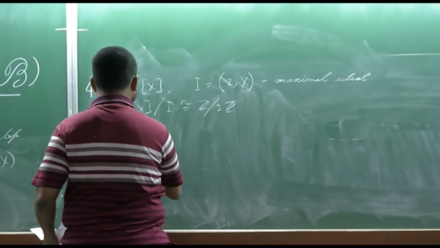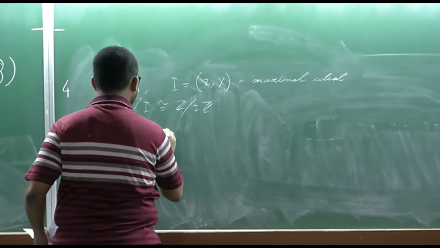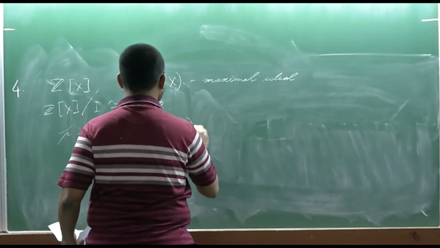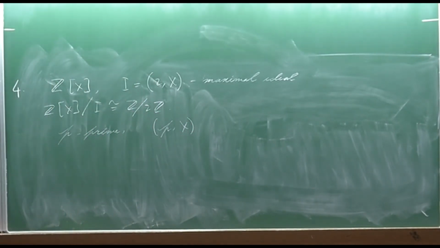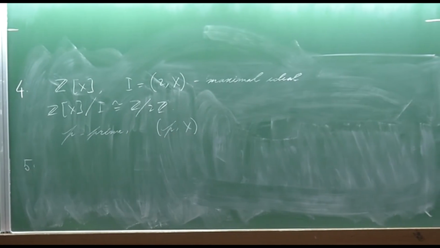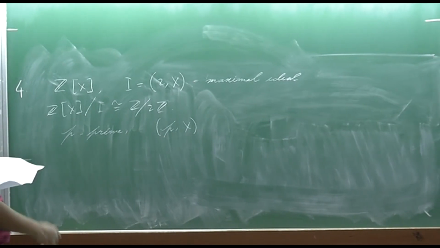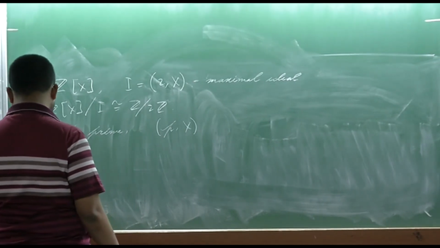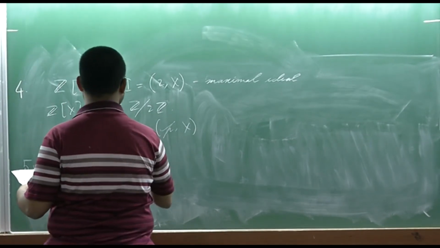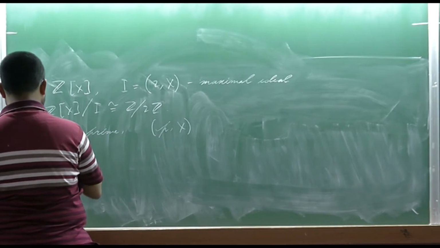So, take p to be any prime, then the ideal generated by p and x is going to be a maximal ideal of Z[x]. Okay. Similarly, what you can do is the following. Okay, so